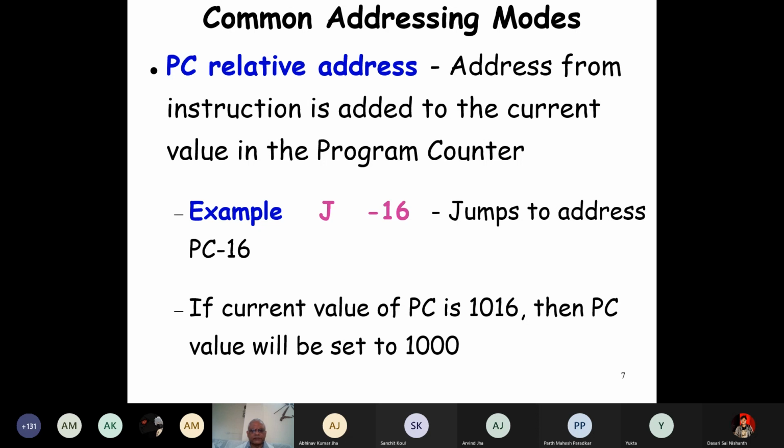We'll set it to a negative value. If we want a branch instruction, where we skip some instructions and execute another, we'll set it to some positive value. So the PC relative address is used for changing the program counter value so that the instruction to be fetched is not the sequentially next instruction. We change the instruction to be somewhere backward for a loop or somewhere forward for a branch.